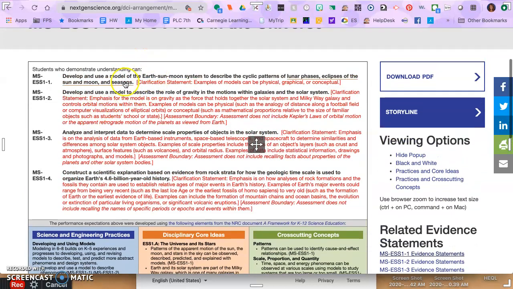So make sure you understand what the standard is showing. In the red, make sure you take a look because it does give you some more clarifying statements, assessment boundaries, what you should include, what you should not include, because sometimes as teachers we try to do everything, and it's important that you don't, because a lot of times some of this is going to be scaffolded and it'll come up later on in a higher grade, and so you want to make sure you stick to the assessment boundaries